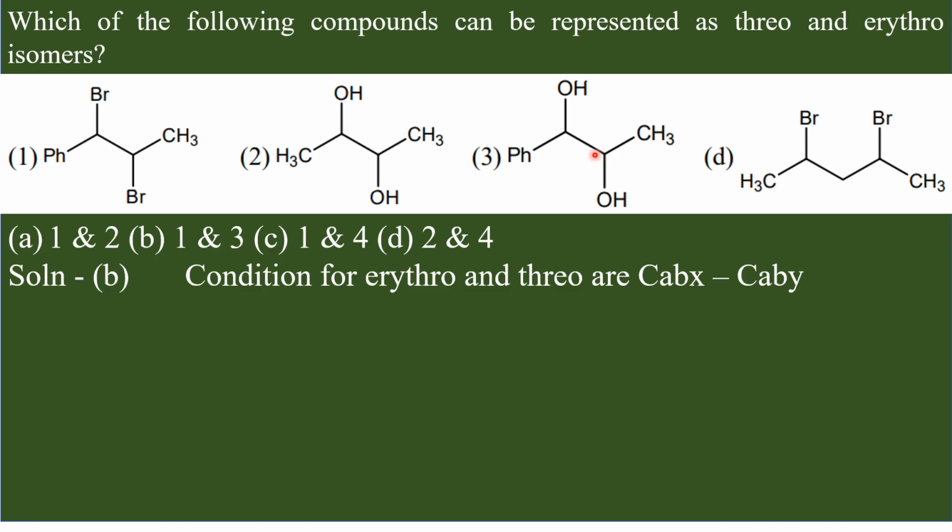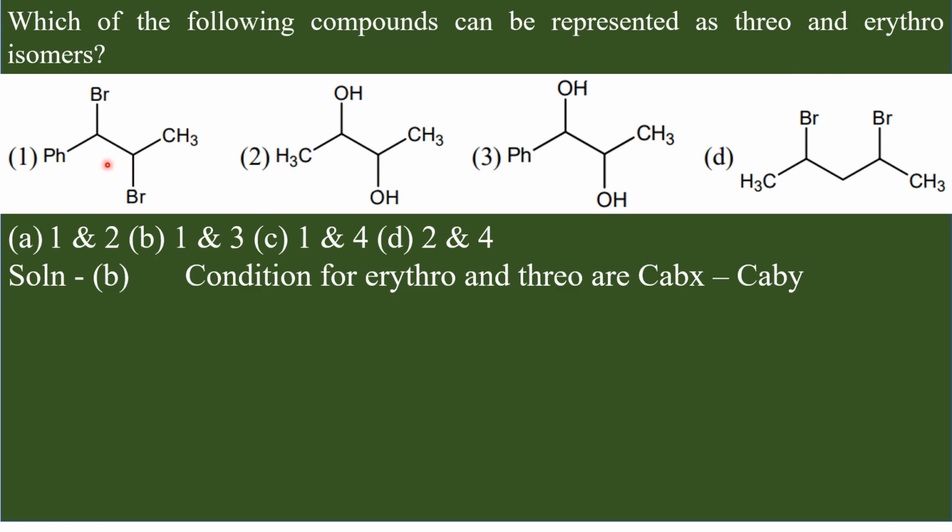And look at this structure. This has an OH. This is one chiral center. There are two chiral centers. In one chiral center you have OH, hydrogen and phenyl. Here OH, hydrogen, methyl. OH, hydrogen, OH, hydrogen. The third group is phenyl here, methyl here. Therefore, for this you can assign erythro-threo notation. And here you have two chiral centers which are not adjacent. Therefore, this is also not eligible for applying these erythro-threo notations.